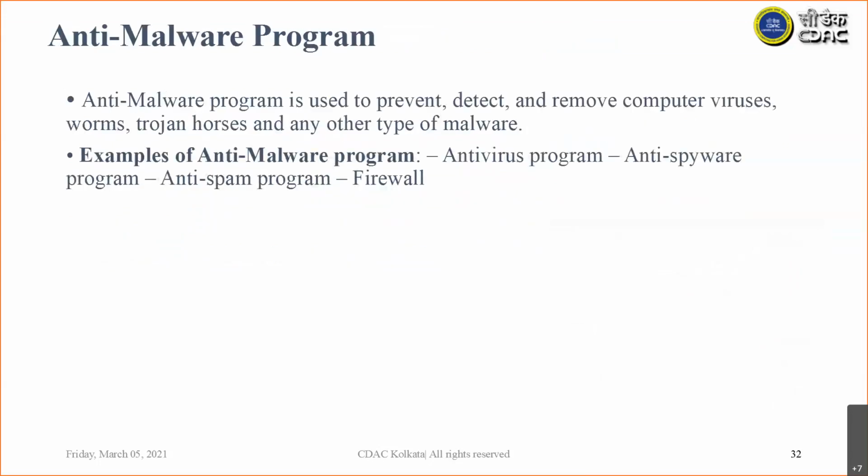Anti-malware program. What is an anti-malware program? An anti-malware program is used to prevent, detect, and remove computer viruses, worms, Trojan horses, or any other types of malware. Examples of